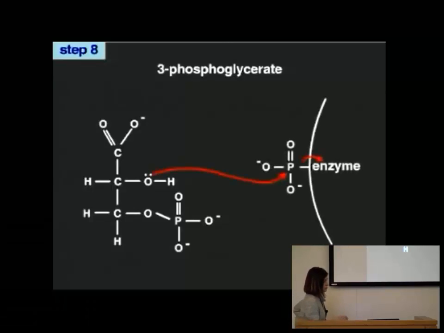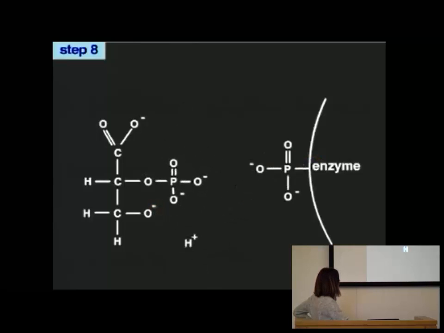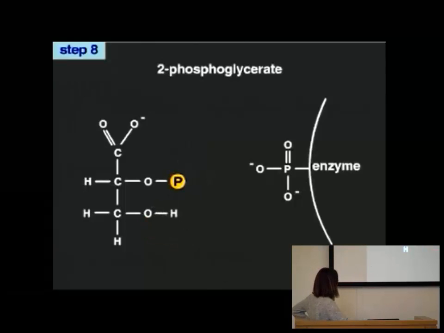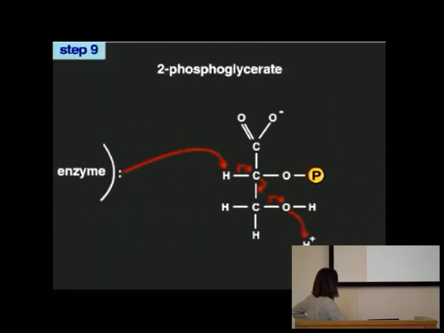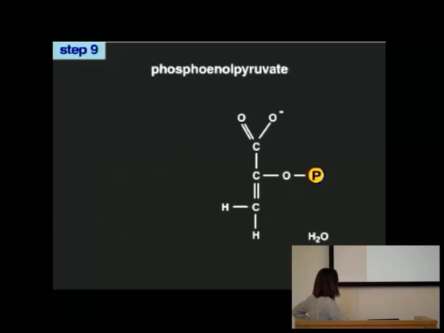In the 8th step, 3-phosphoglycerate, which has a relatively low free energy of hydrolysis, is transformed by the enzyme phosphoglycerate mutase into 2-phosphoglycerate. So we're moving the phosphate up. In the 9th step, the enzyme enolase removes a water molecule from 2-phosphoglycerate, creating phosphoenol pyruvate. The loss of water redistributes energy within the molecule, creating a phosphate group with an extremely high free energy of